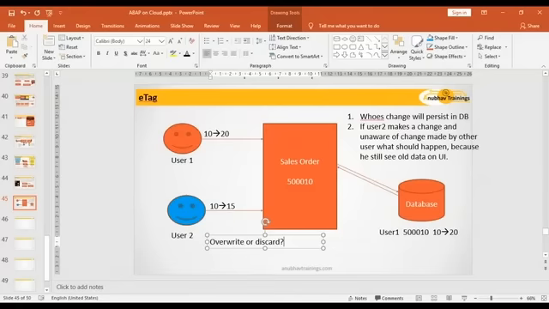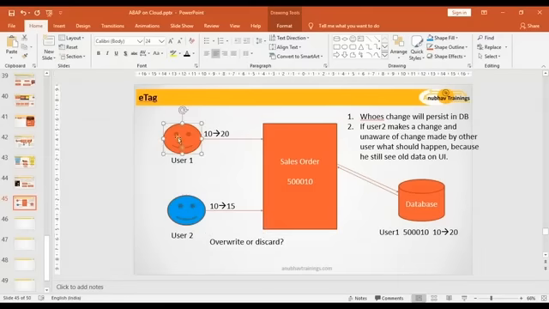Because otherwise, if you simply change it to 15 and then this guy opens up, he will see, I just changed the quantity 10 to 20, suddenly it got changed to only 15. There is a bug in the software. He will report an issue and then get into a fight with the developer. Both of them are fighting. It's not reproducible, it is reproducible, and it becomes a very complex fight between them. So it's always a good approach to give an overwrite and discard option, just in case the